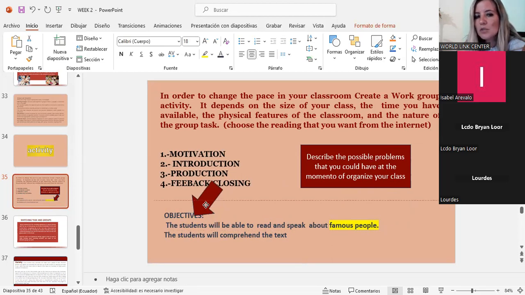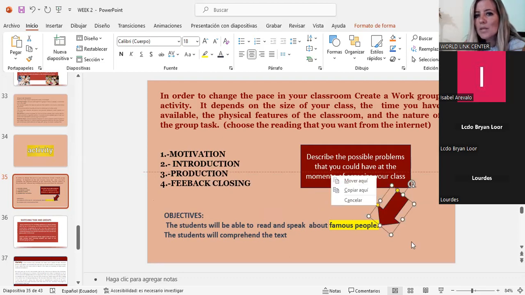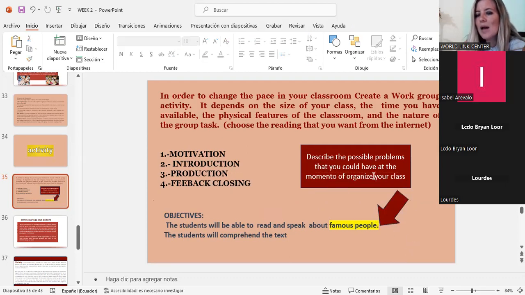What do you want to achieve with your student? Okay, in your classroom, the objective is being able to read and speak about famous people. And you're going to describe the possible problems that you could have at the moment